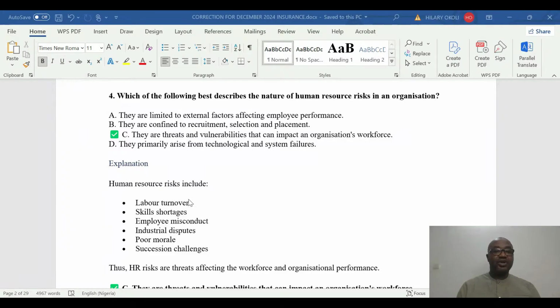A further explanation on the question in regard to human resource risk will include labor turnover, skill shortage, industrial dispute, poor morale, social challenges. So these risks are threats affecting the workforce and even organizational performance or organizational sustainability. So we have taken C. C is the answer with respect to the question that is asked. So we go on to look at